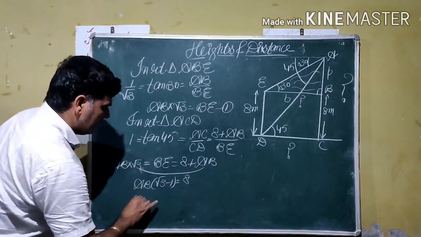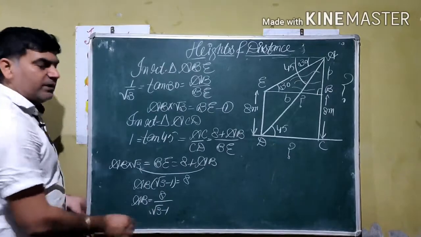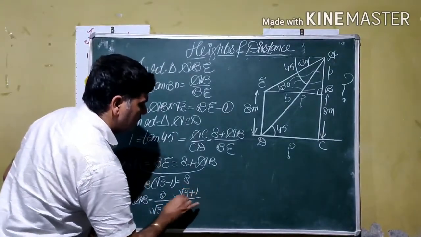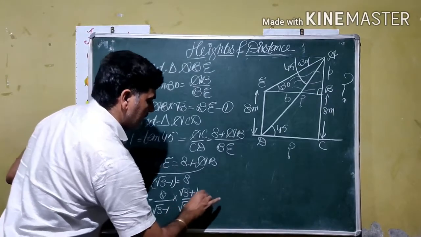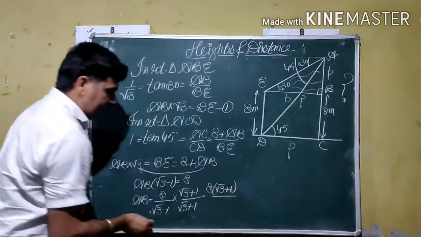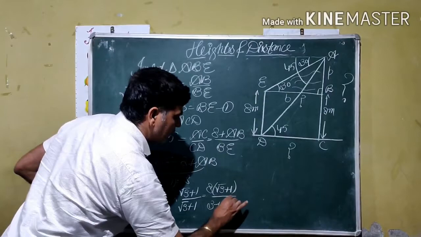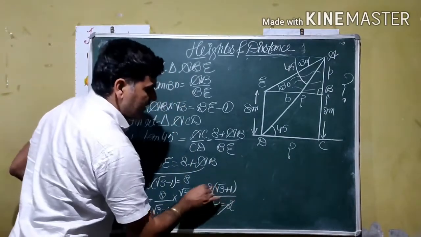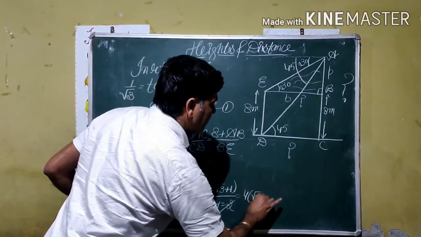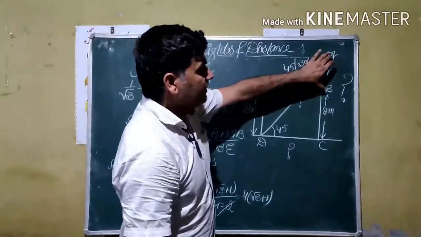So the length AB becomes 8 divided by square root 3 minus 1. Because the denominator is an irrational number, we rationalize it first. On rationalization, we get 8 times (square root 3 plus 1) divided by, using the identity (A minus B)(A plus B) equals A square minus B square, 2. After cancellation by 2, it comes out as 4. We get 4 times (square root 3 plus 1). This is the value of AB, the height given by AB.